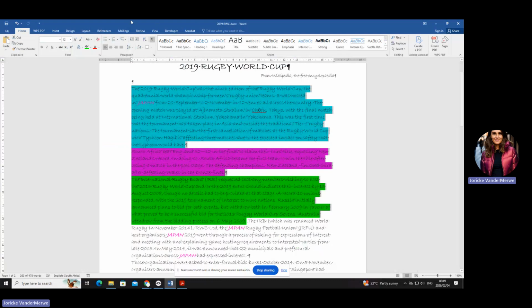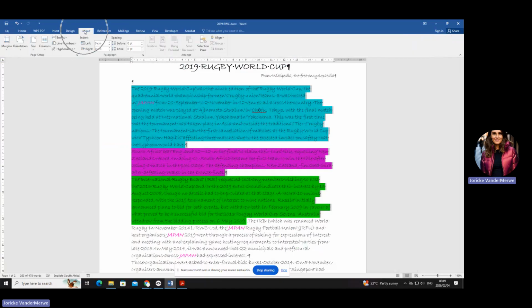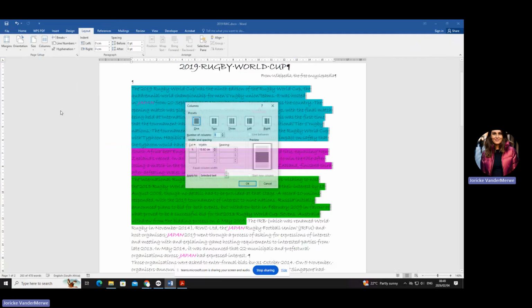Yes. Okay. Then you go to Layout. You've been introduced to Layout two or three days ago when we did margins. You still remember that? Columns is also found under Layout. And I know you like shortcuts because you're Gen Z, you skip the TikTok video or go to McDonald's to get fast food, but we're not in the business of Gen Z behavior in this class. So we have to go to More Columns. You're not going to just press 3 here. Are you with me? You're going to go to More Columns, and then you are going to choose the 3.